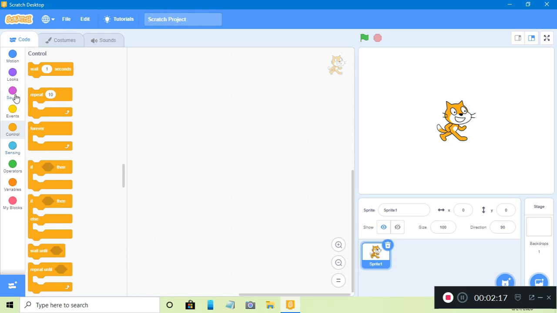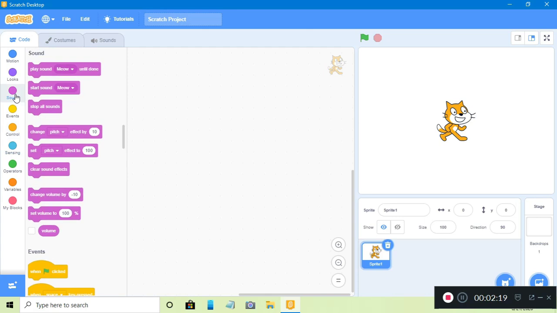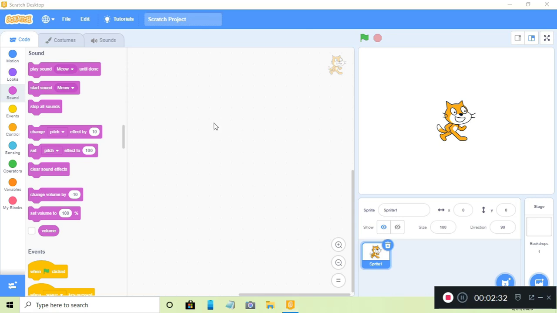Now we have an option. We can use Scratch online as well from the link, right? As you can see here on your screen, that is scratch.mit.edu.